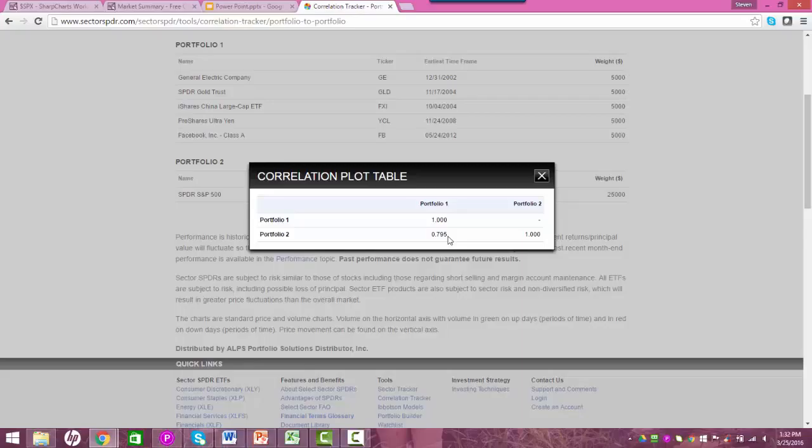4 out of 5 days, if the market's down, I'm likely to be down. So it's pretty heavily correlated with the overall market. Not 100%, but you've got some correlation in there. And it's okay if you're really correlated, if that's what you want to be or not. All I'm saying is if we want to diversify our portfolio and limit the volatility, it helps to add some